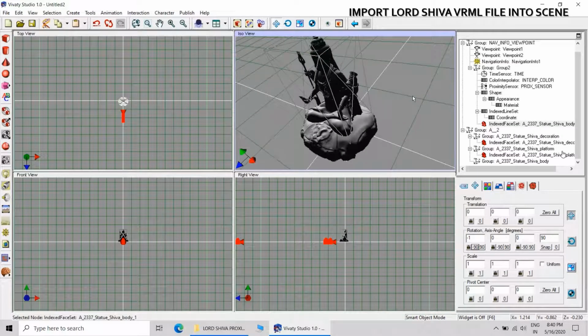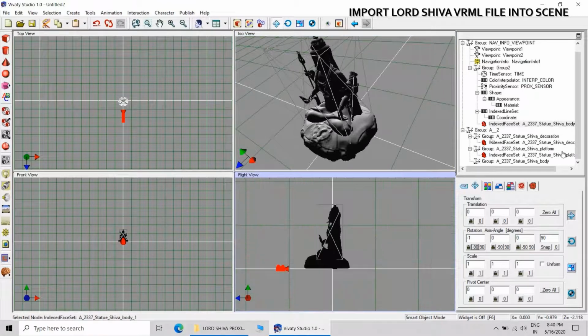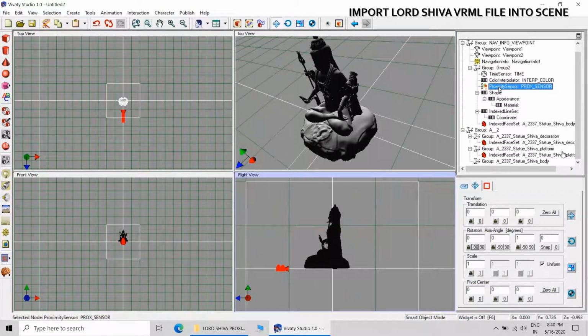Now let us zoom the statue. And we can see that the statue is inside the proximity sensor.